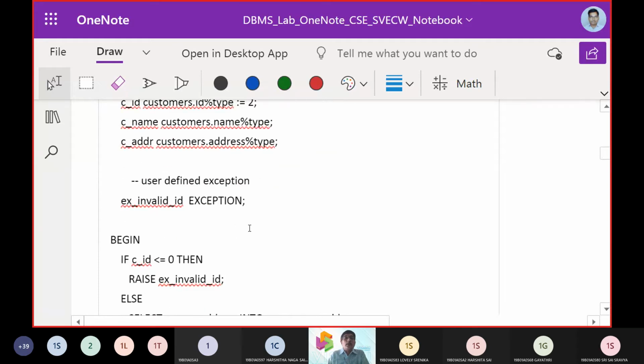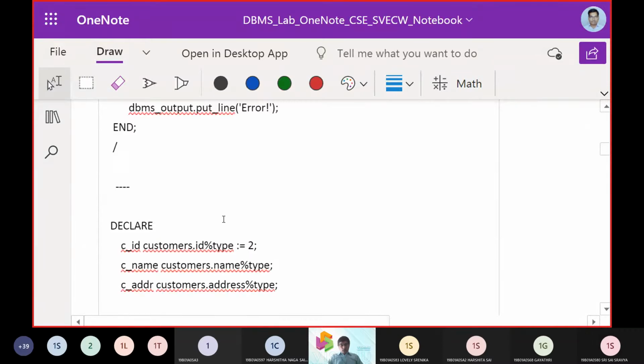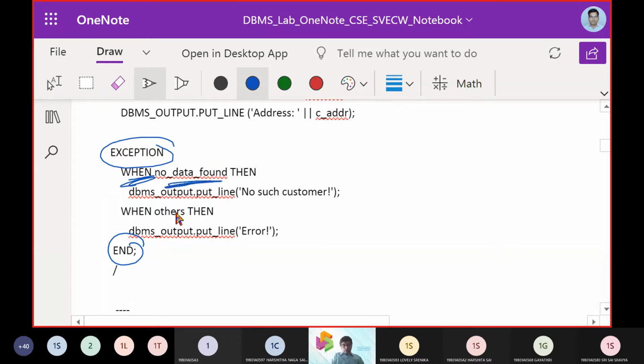Next one. Now let us start working with user defined exceptions. In the previous one, the change we noted was that we have an exception WHEN NO_DATA_FOUND, OTHERS, THEN.